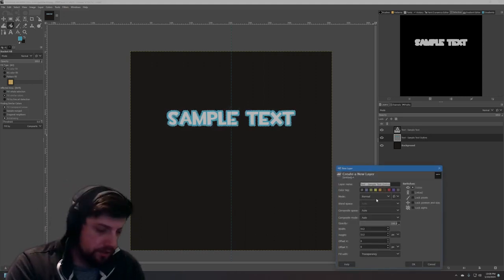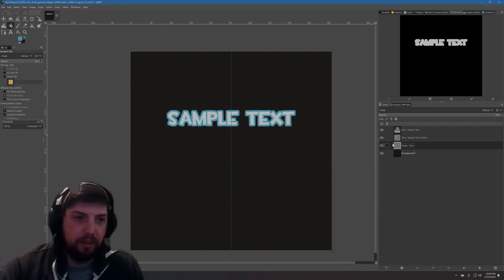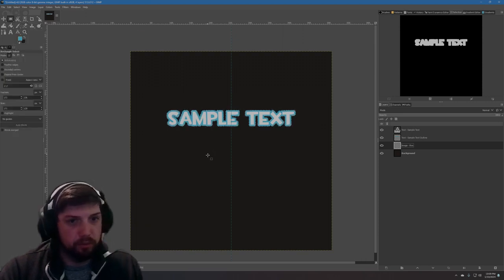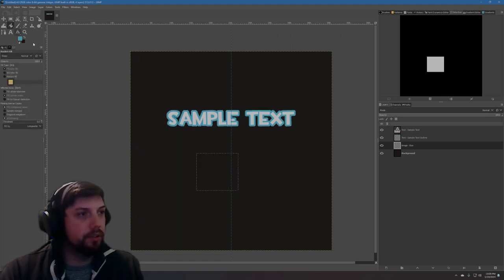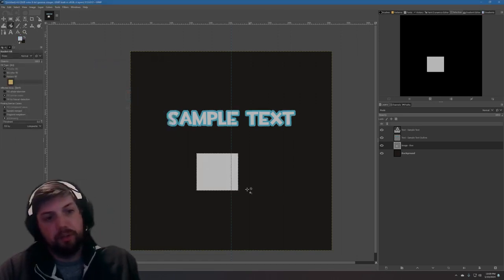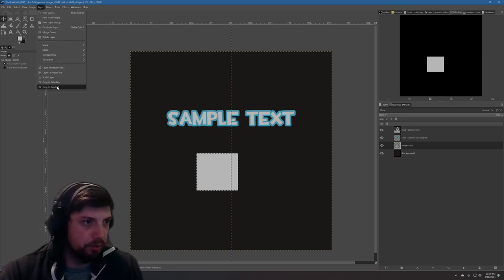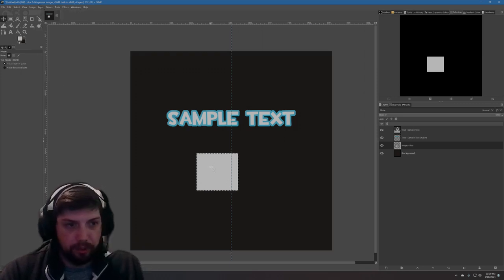We're going to call this image box, and we're going to move this underneath. And we're going to come over to the rectangle select tool, and we are simply going to make a rectangle and fill this in with the white coloring we had. So now we have a white box. I'm going to come over to the Layer option and do crop to content. That way we can actually remove